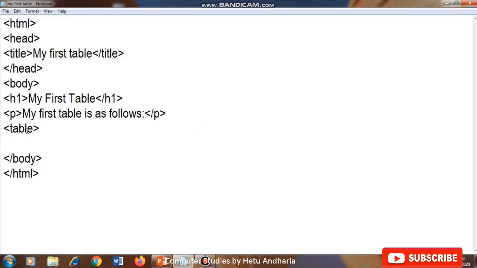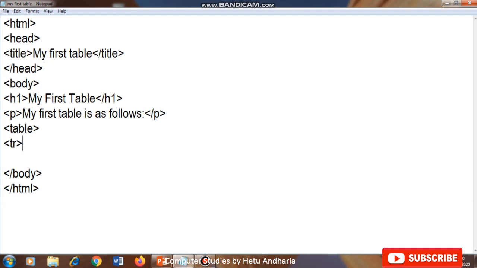Now we continue. The first tag used is table. In the table we have to create first the row. Row is the horizontal thing, so we have to write tr to create the first row.